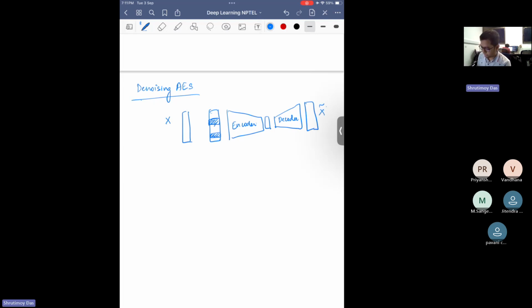So why do we want to do this? Because again, the problem with autoencoders is that it may memorize the data, and we don't want the autoencoder to memorize the data, right? So now if I say that some points are zero, so let me say that